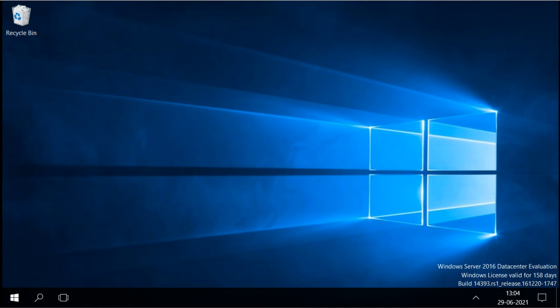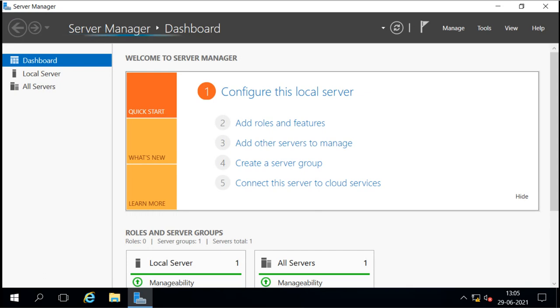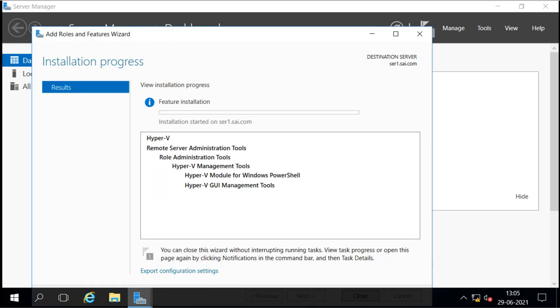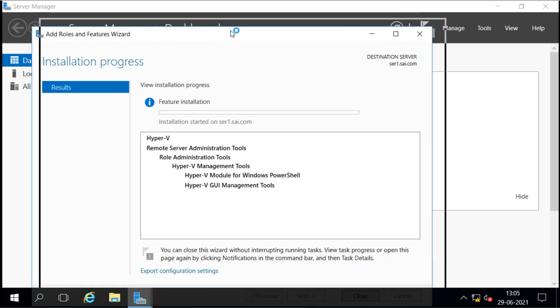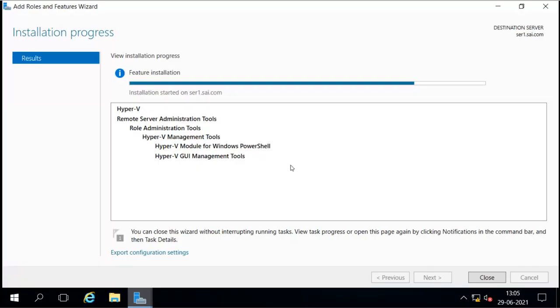The Server Manager will come again, and then that option will also come, which will show whether the installation is finishing or completing. So it will show that the installation is successful. You just have to wait till it says that the installation is completed. Now see, it is coming again. And it is still showing this, and now it is completed. It is saying the installation succeeded. That means we are now ready to go.